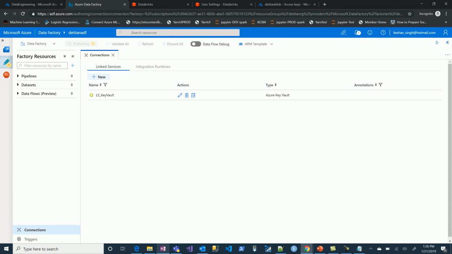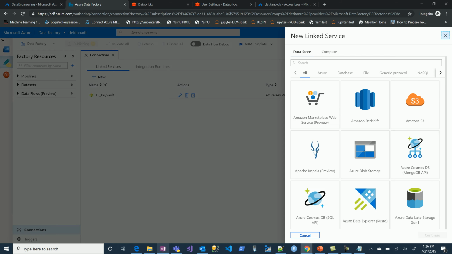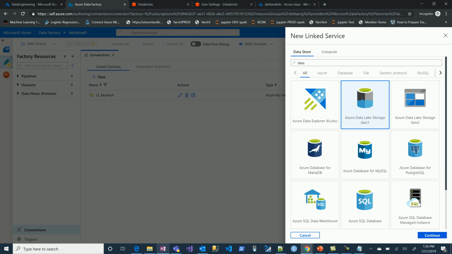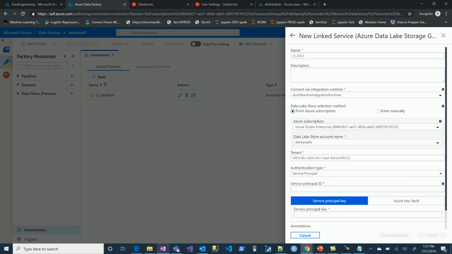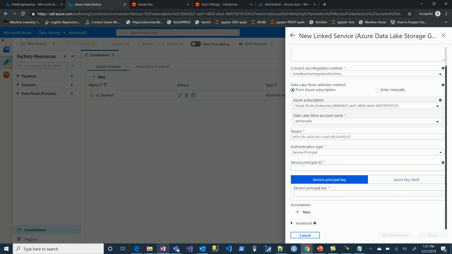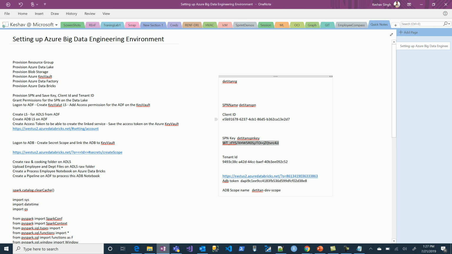So the next part is actually setting up the link service for the data lake. Let's call this data lake gen 1, and let's call this ls adls. Similar, the account name, the tenant. Instead of the managed identity, let's use the service principal. The service principal ID is your client ID. So let's jump back, copy the client ID,